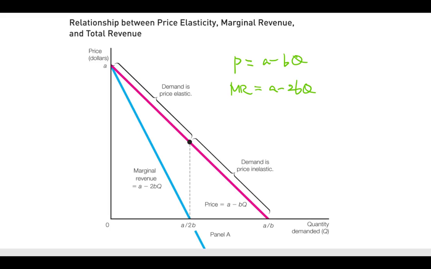Therefore, this blue curve indicates the marginal revenue curve. As it's twice as steep, the horizontal intercept of marginal revenue cuts through the midpoint of 0 and A over B, the horizontal intercept of the demand function. So here, if you face a linear demand curve in the market you're producing your product for,